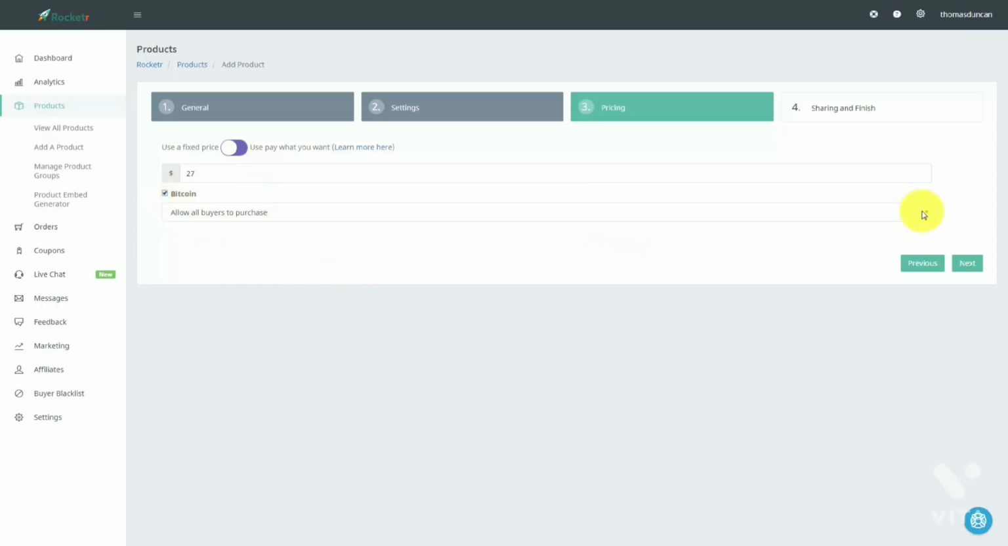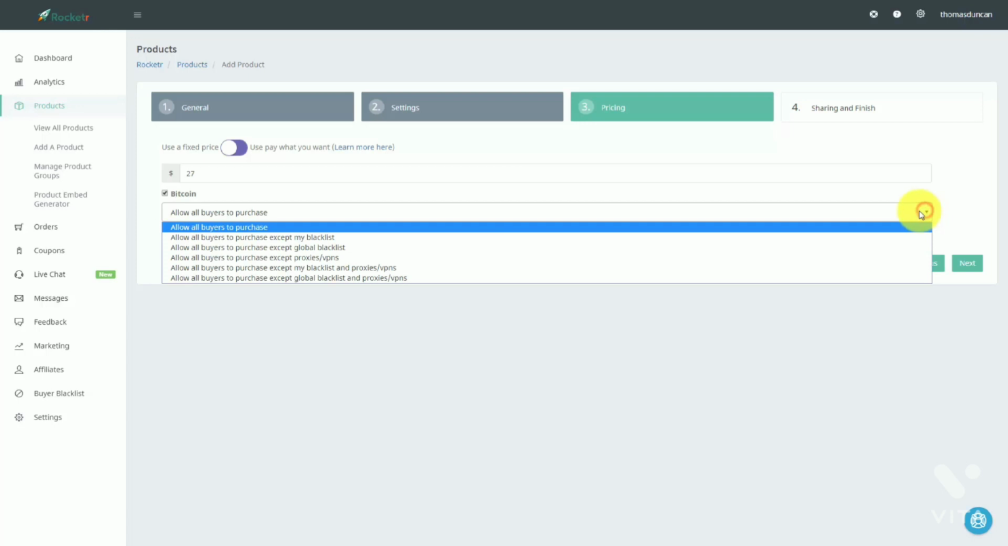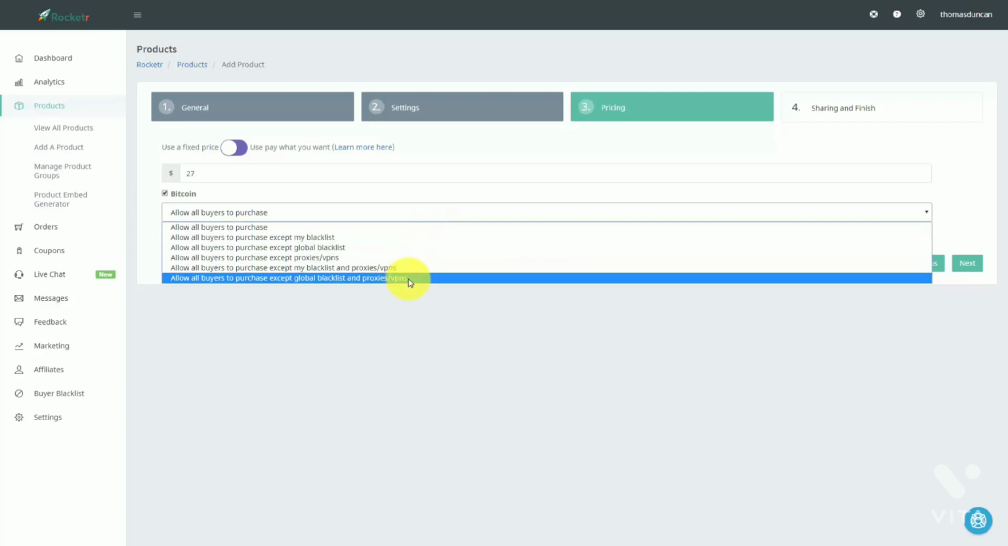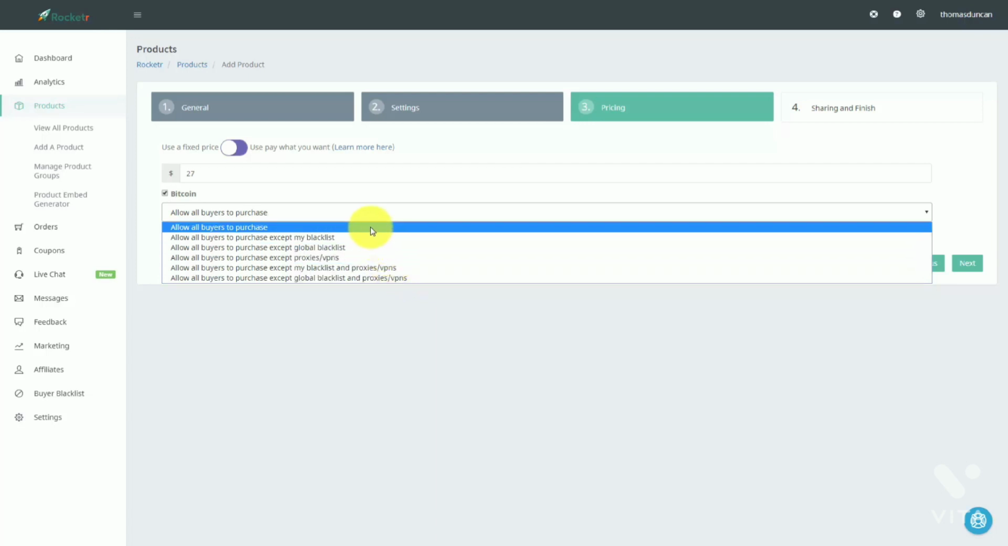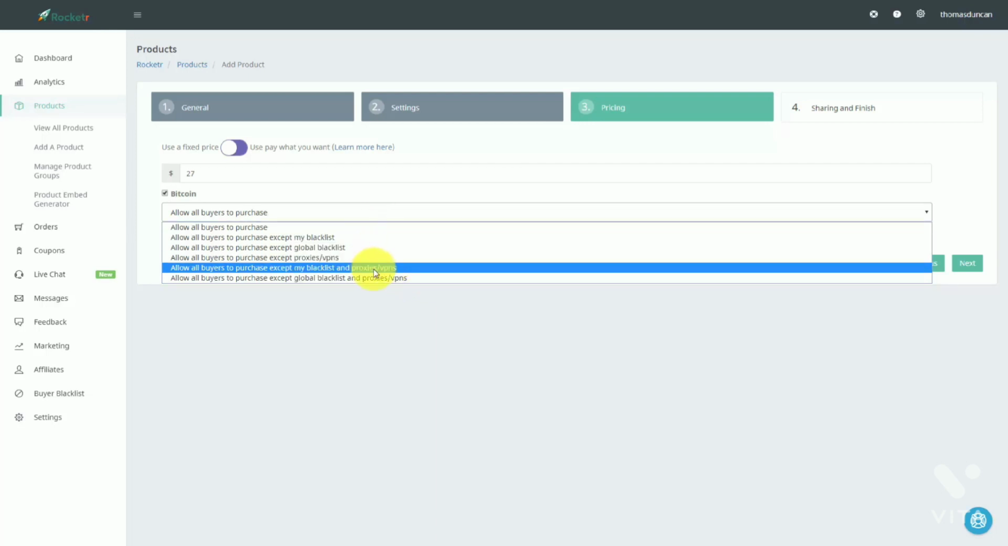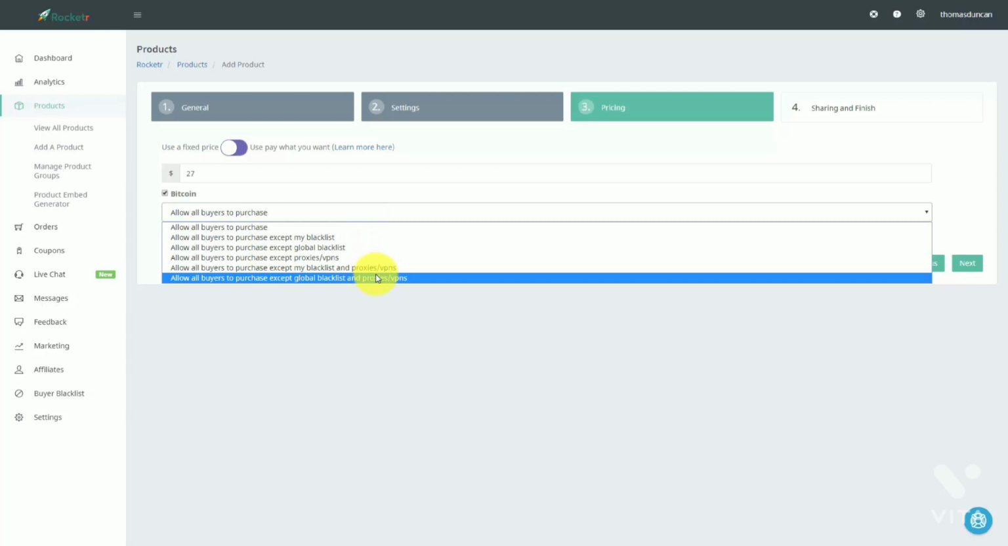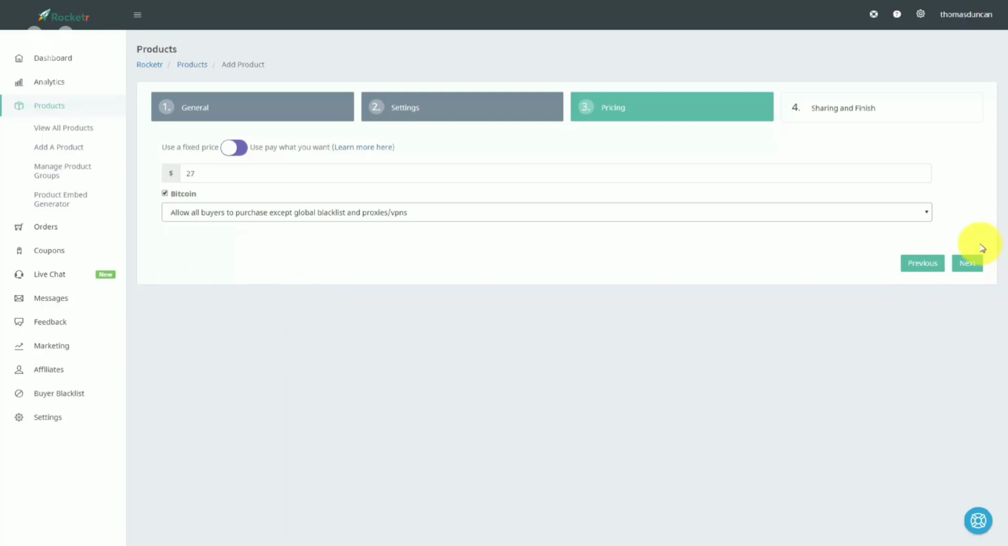Then we can use a couple of features here, and Rocketer will allow everyone to be able to purchase with the exception of certain limitations. So we can limit people by our global blacklist, and anyone buying from a proxy, which typically indicates some kind of lack of trust, or we can allow all buyers to purchase. The most conservative way to allow people to purchase would be to not accept purchases from people on a global blacklist and proxies. So in this particular case, we're going to use the most conservative method,